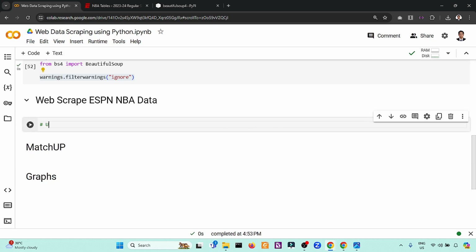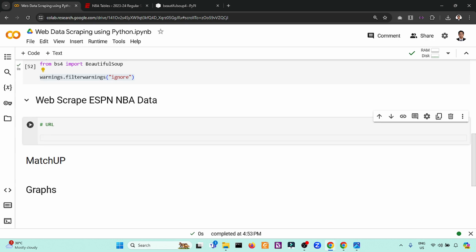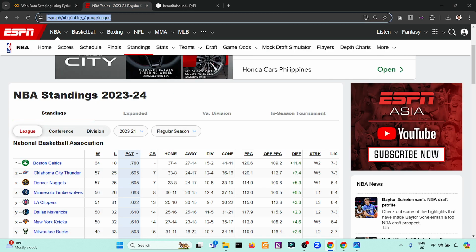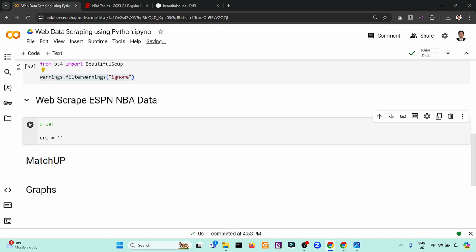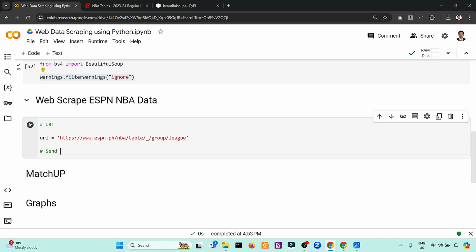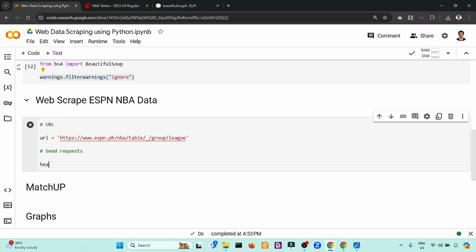First, we need a specific URL. Our URL will be this one because we will scrape this specific data. You copy this one, so that will be our URL. The second step is to send the request, but we need specific headers for this.